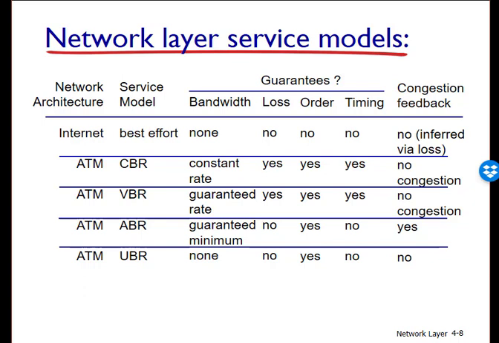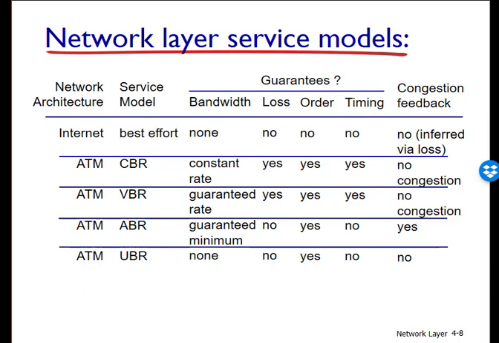With constant bitrate service, the flow of ATM cells is carried across the network in such a way that a cell's end-to-end delay, the variability in the cell's end-to-end delay, and the fraction of cells lost or delivered late are all guaranteed to be less than specified values. These values are agreed upon by the sending host and the ATM network when the constant bitrate connection is first established. With the Internet offering so-called best effort service,